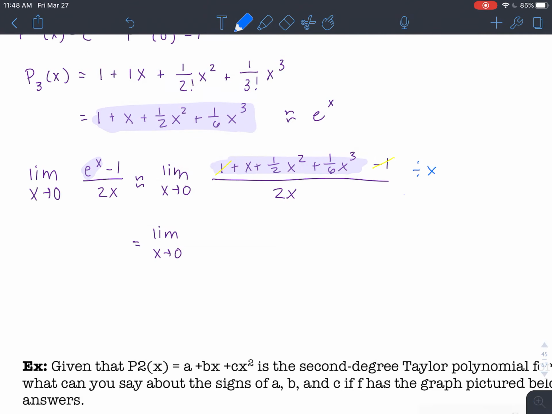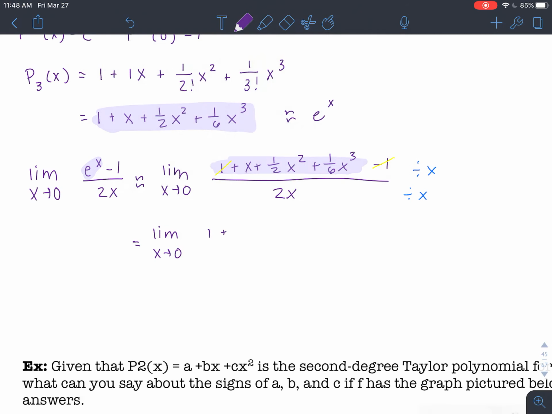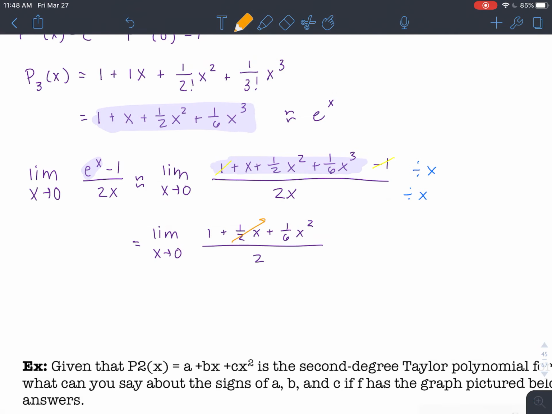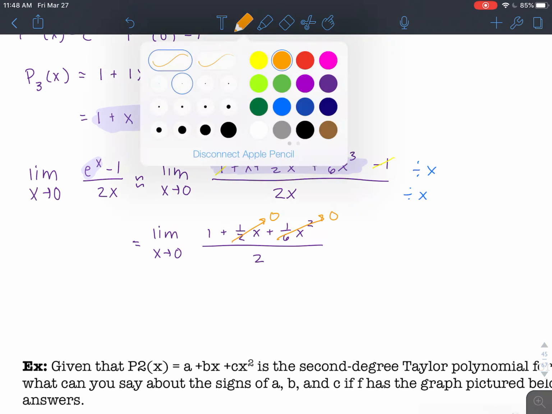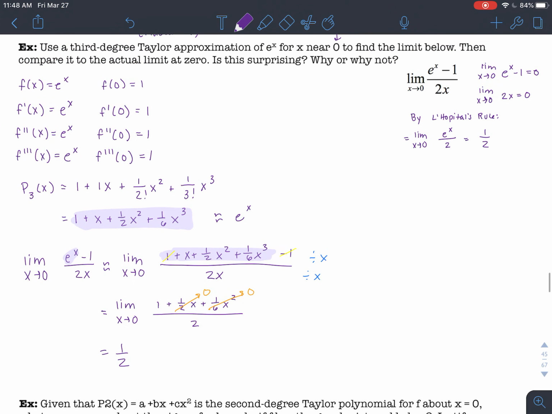So this is going to equal the limit as x approaches 0. So our 1 and negative 1 is going to cancel out. And then I can actually divide the top and the bottom by x to simplify it. So we're going to get 1 plus 1/2 x plus 1/6 x squared all over 2. So the denominator is going to 2, and then as x goes to 0, this goes to 0, and this goes to 0. So our overall limit still equals 1/2, right? So just an example of the fact